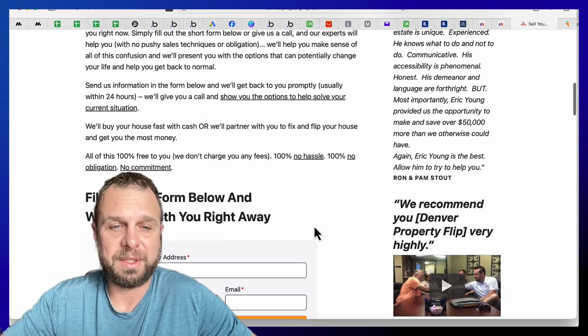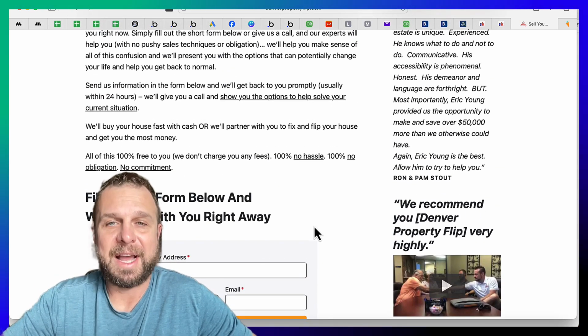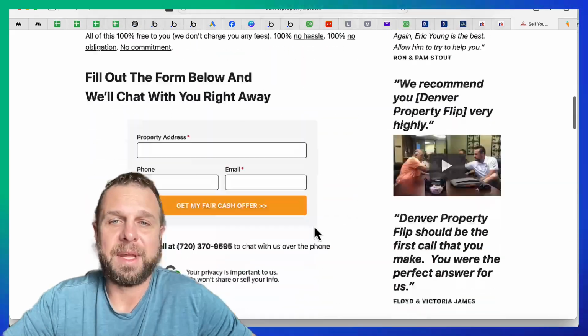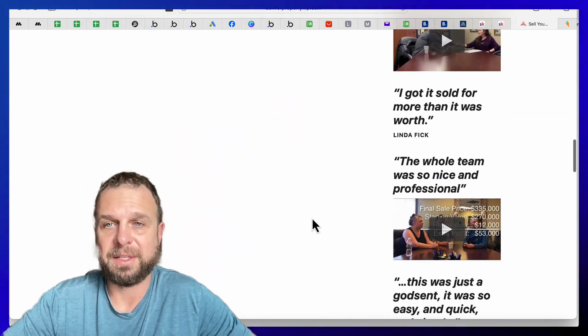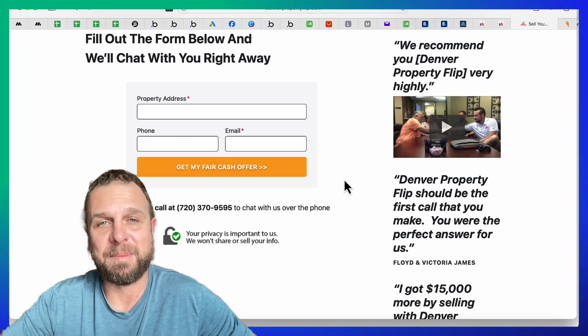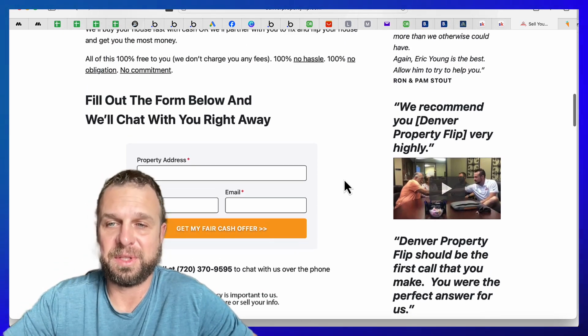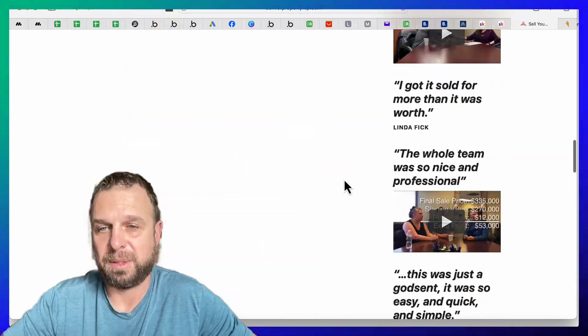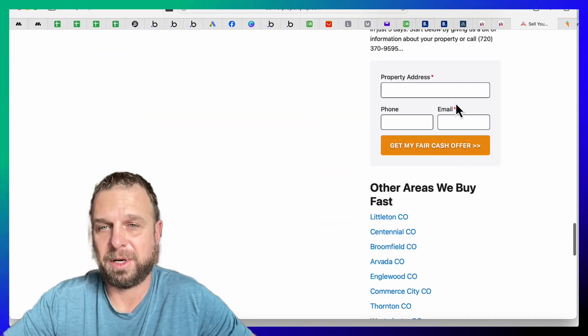So we just want to know their phone, email, address, and then from there, we're going to call them and set up an appointment to close the deal. The purpose of the website is to get that information so you can make the call, so you can continue the relationship. So I also want to point out here, if we go over in the sidebar, here's that same